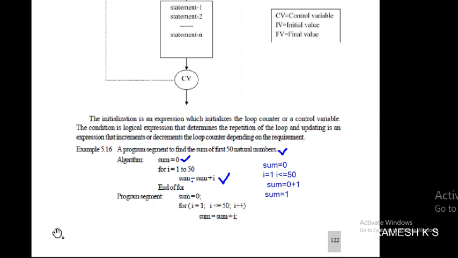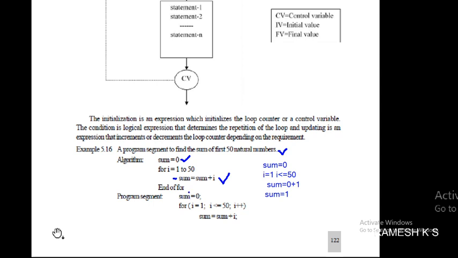The final sum value comes after completion of 50. At iteration 51, 51 less than or equal to 50 becomes false, so it comes out of the loop, and before that the sum value has been captured.